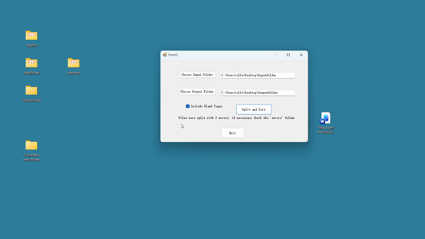So it gives us a little bit of a message here. Files were split with 3 errors. So these are the pages that I turned 90 degrees and blotted out the barcode. If necessary, check the errors folder. So this is the idea, is that